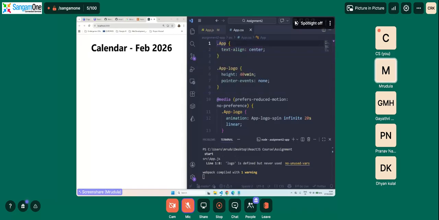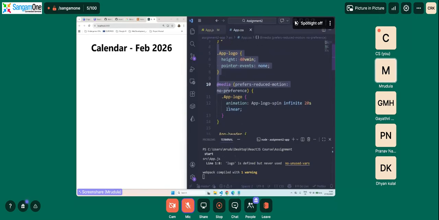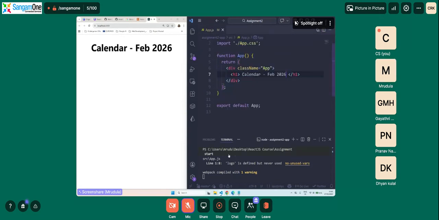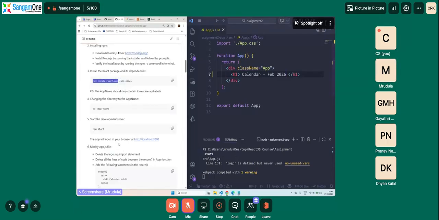So the Calendar Feb 2026 is aligned to the center of the page. We are not going to use app.logo, media, everything, so we will just leave it as is. We will not delete anything that is not being used right now. We will not worry about it. So let's go back and see.